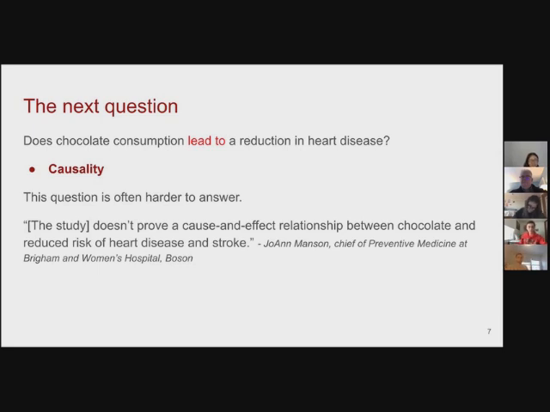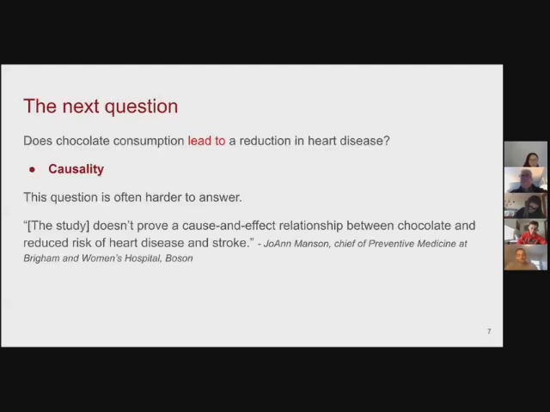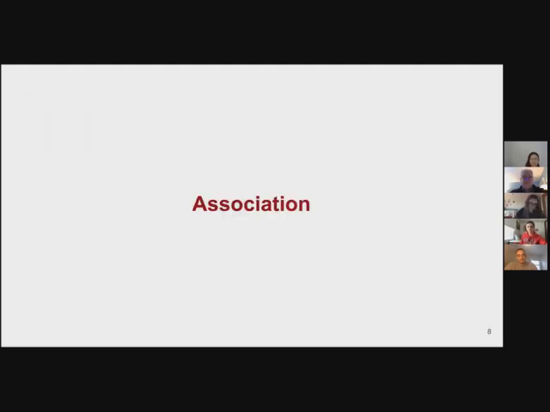And causality is usually a harder question to answer. So one lens through which we can view this course is that we're going to give you the tools to answer that question precisely, with some meaning behind that. Yeah, thank you. All right, so for association, let's dive into it a little bit more.